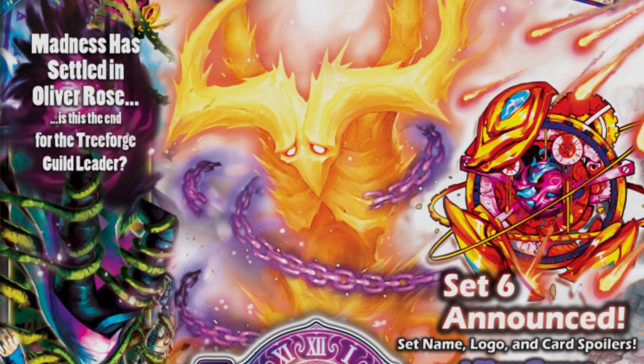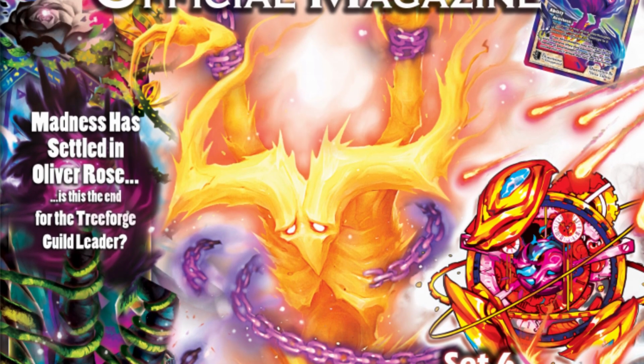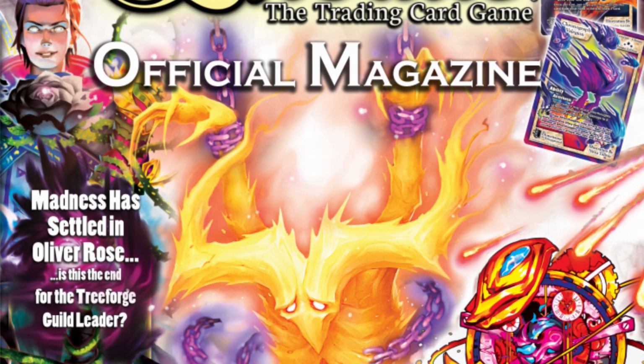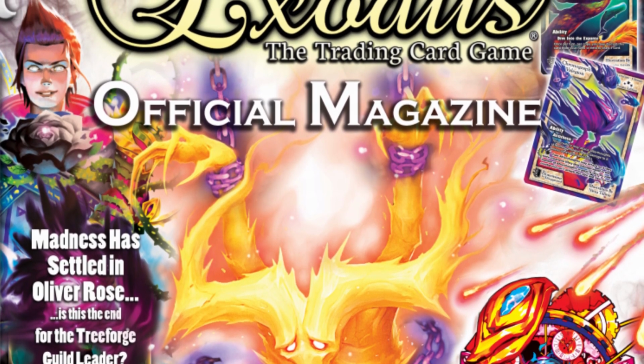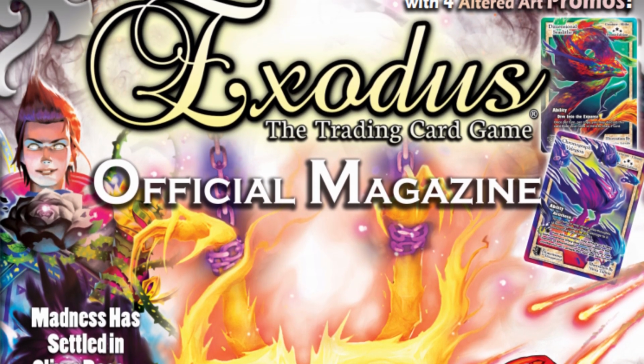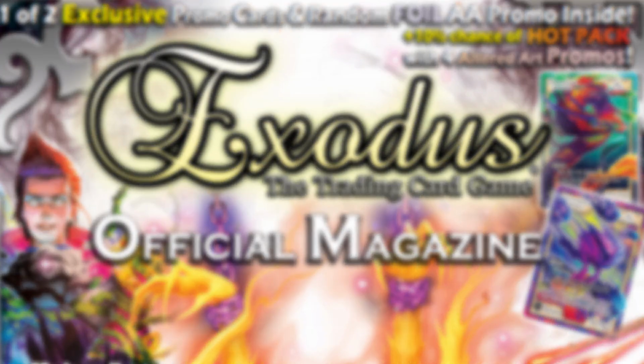In our last video, we talked about the first of 4 guilds that have been shown in the new Exodus TCG magazine. If you haven't seen that video, definitely go watch that before or after this one. It should be showing up on the screen now. So with that said, let's talk about the second guild Magazine 4 has to offer, and that guild is the